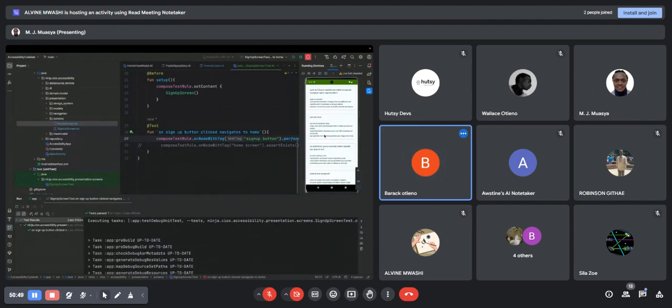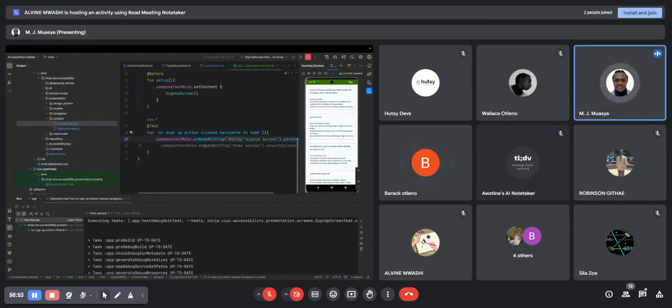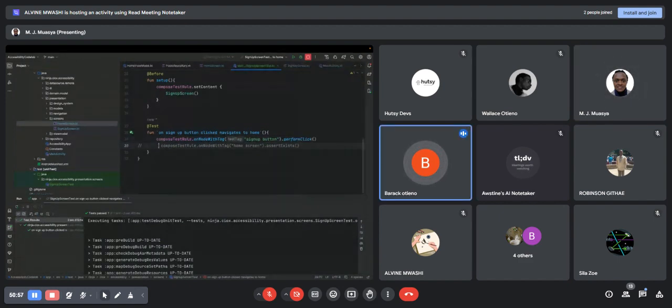Okay, you see there, the second time we are verifying navigation to the home screen. Yeah. Clicking the sign up button. Right? Yeah. I think we should check the test tags used. Sign up button, home screen. We need to, I think, there is where I feel the problem is. Okay, like what you